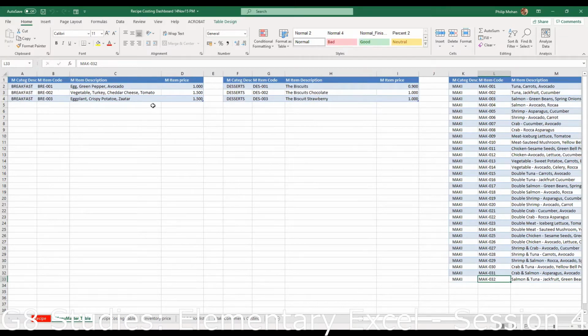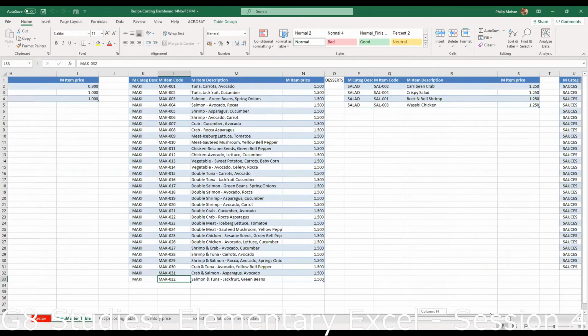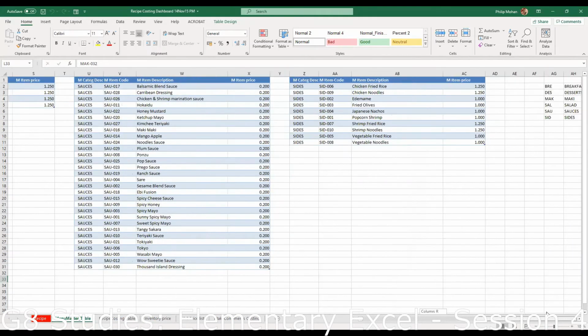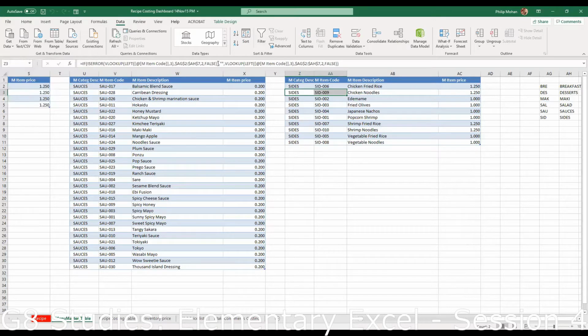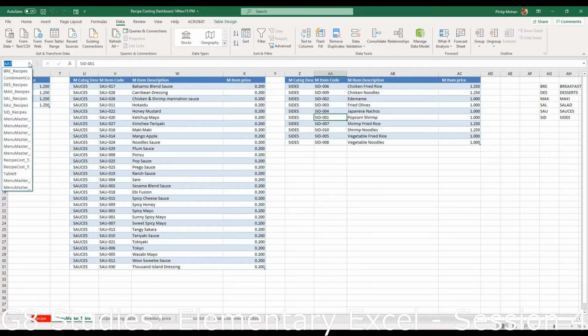So I've got now 1, 2, 3, 4, 5, 6 different tables. Now why am I calling this a table? Because I have defined it as a table. If I go here and I go to, where's it? Ajit Bhai, where's the table? It's supposed to give you the table name here. I'm not getting it. Let's see. Yeah, okay, here we go.